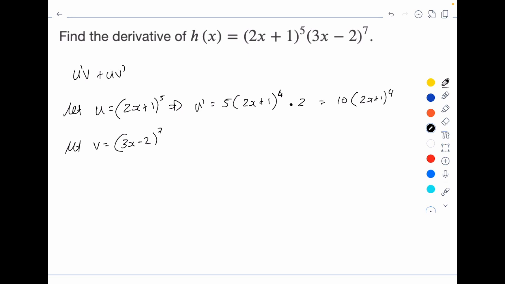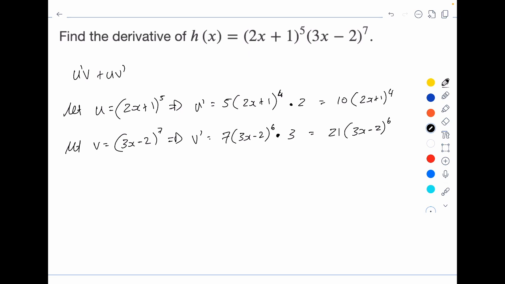Okay. v dash is 7 3x minus 2 to the power 6. But then you've got an inner function. So you need to find the derivative of that. 3, which equals 21. 3x minus 2 to the power 6. Okay. So what we have here then